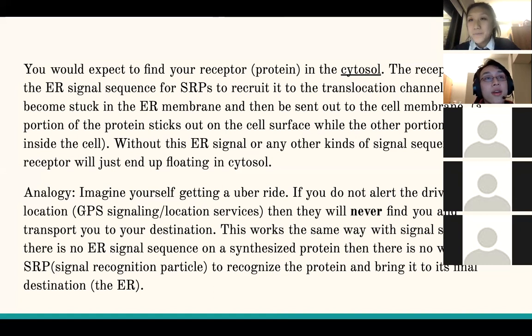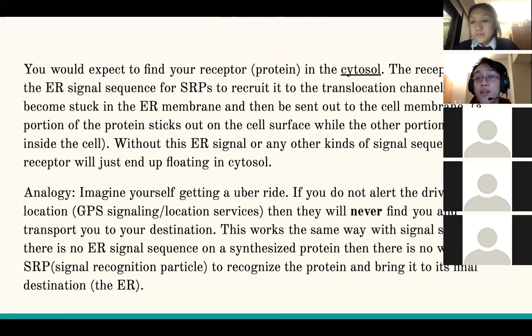And when you're answering that question, you're trying to look at a competition between which localization sequence gets recognized first. Does the ER recognition occur first, or does the nuclear recognition occur first? If we think back, ER localization occurs co-translationally, while the nuclear localization occurs after the protein is fully folded, because the nuclear localization sequence is located somewhere on the outer fold of the protein. It's part of its three-dimensional shape.